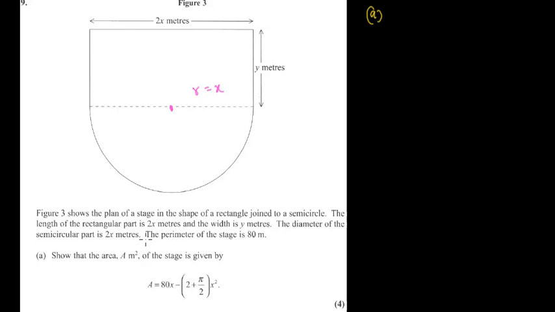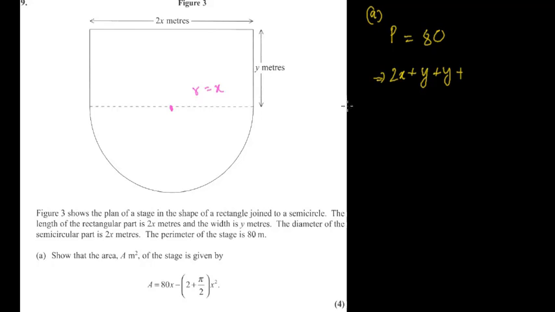Now the first information given is that the perimeter of the whole thing, perimeter means whatever is surrounding this thing, the boundary. So the perimeter is 80. So we have perimeter equals 80. So let's add up the boundary. This is twice x plus this and this, they're both y,